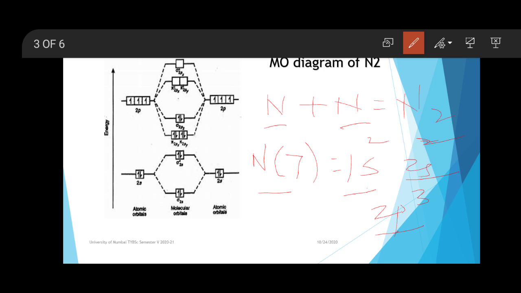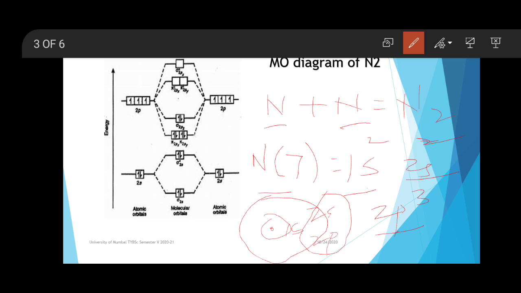The 1s orbital belongs to an inner shell, which is why it is not needed in the MO diagram, because for an MO diagram we require the valence shell. If I draw a diagram like this, the 1s orbital is present in the first shell, and 2s and 2p are in the second shell. So in the valence shell only these two orbitals are present, and in the MO diagram you have to write only these two orbitals.